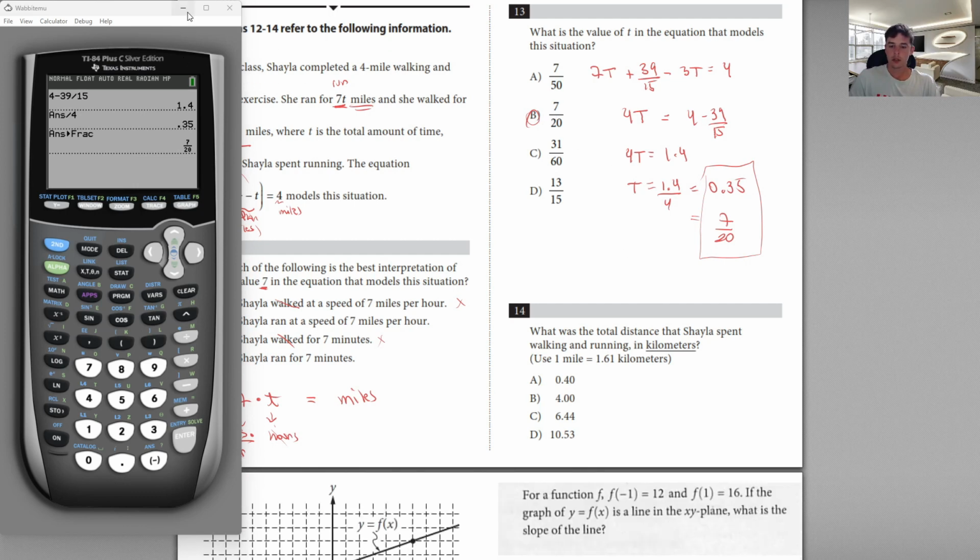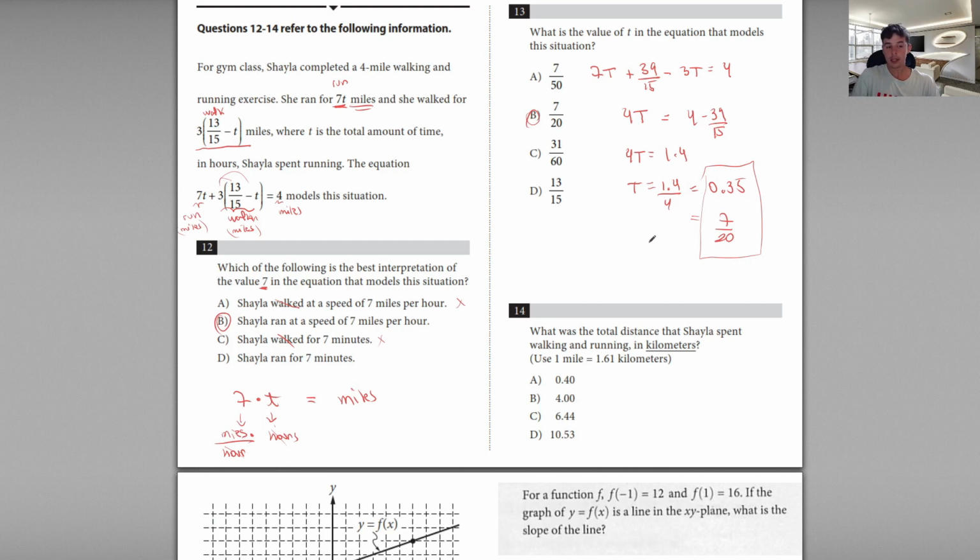Okay, what's the total distance that Shayla spent walking and running in kilometers? We know that she walked and ran for 4 miles. If you found t and plugged it back into the first equation and then into the second equation and added them both together, that would equal 4. That would be a waste of time because it says right here in the question. So 4